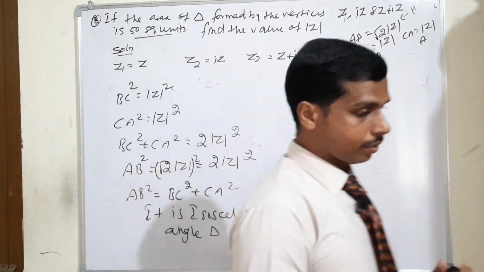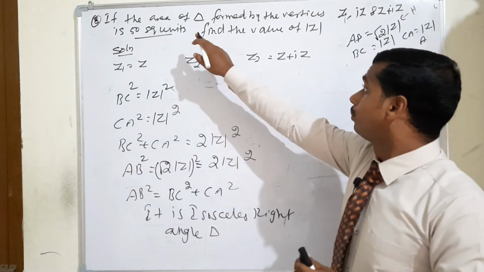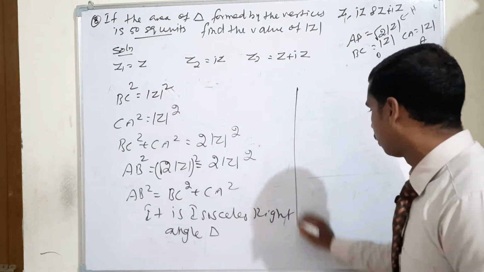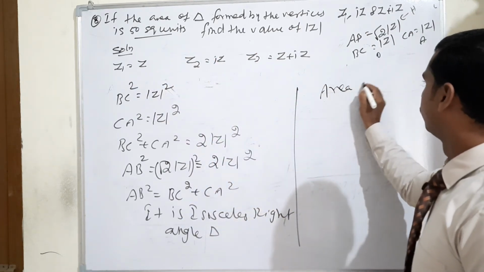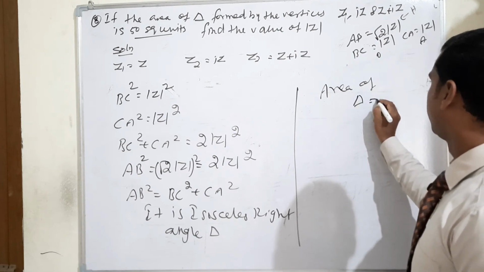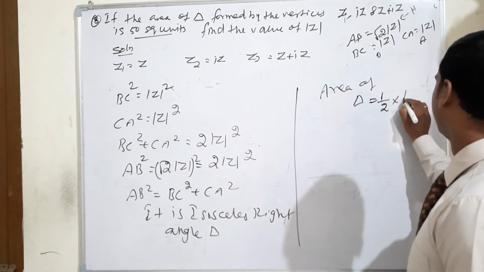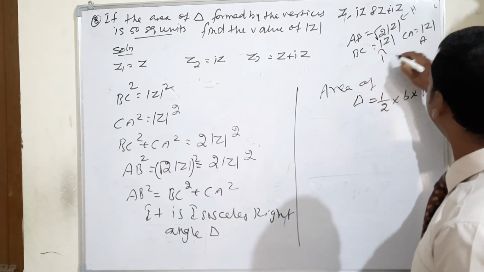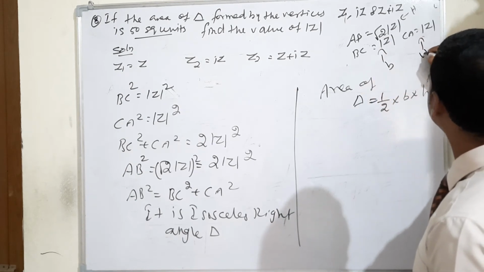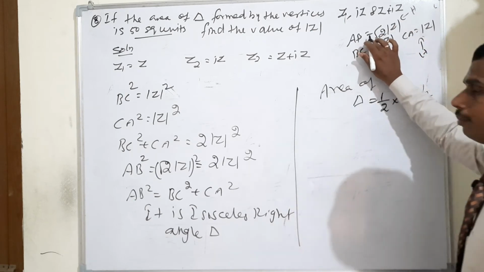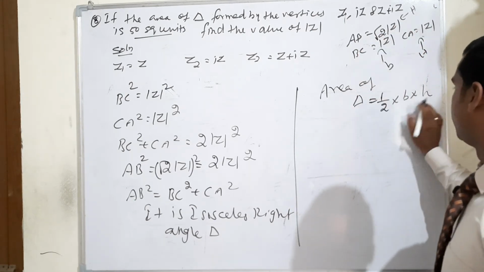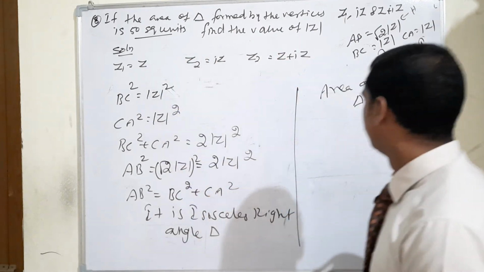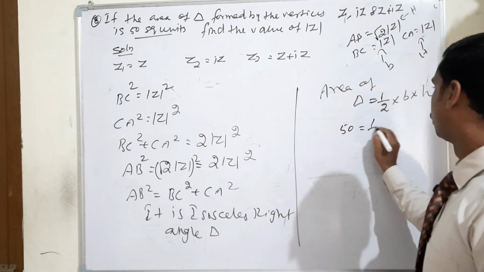Now, if it is an isosceles triangle, what we need actually, if the area of the triangle formed by the vertices is 50 square unit. Therefore, what is the formula? Area of triangle is equal to half into B into H. So this is considered for base, this is considered for height, means this is the biggest side, isn't it? Biggest side means actually hypotenuse, isn't it? So base into height means what will happen? Area of triangle given, what is the value? 50 square unit. So 50 is equal to half into